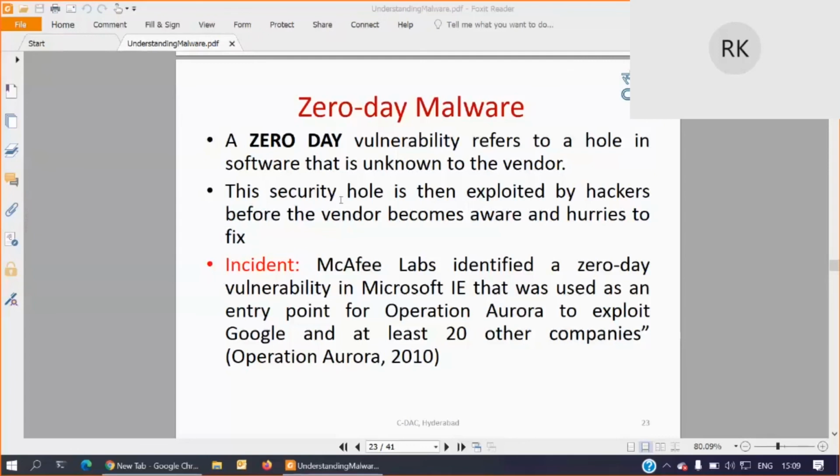Now what will happen if that unknown vulnerability is identified by an attacker? The attacker will not reveal it to the vendor or to the antivirus people. He will just use that vulnerability and try to compromise your system. Okay, zero-day means it is not yet identified, or it is not yet known to us.